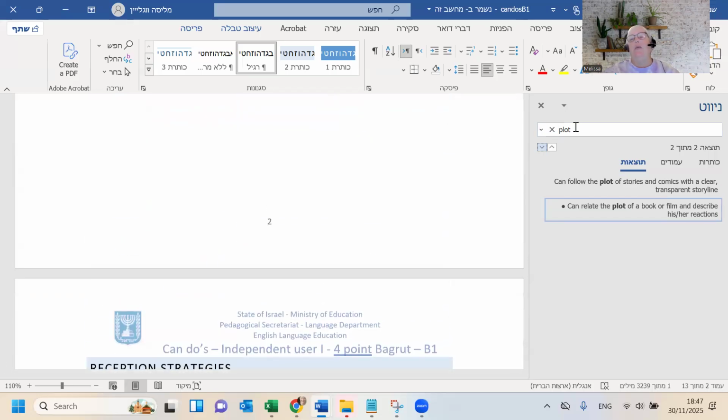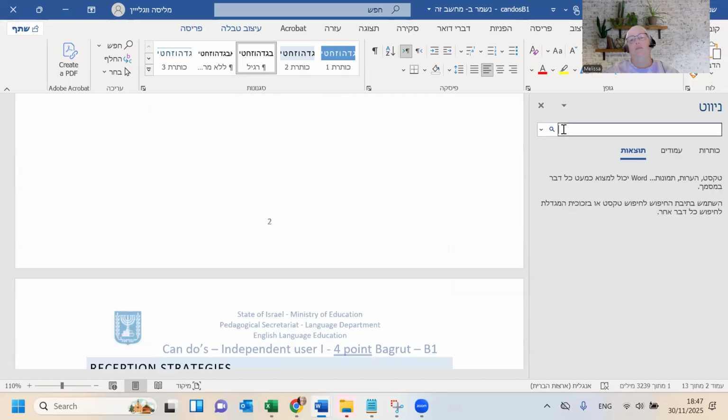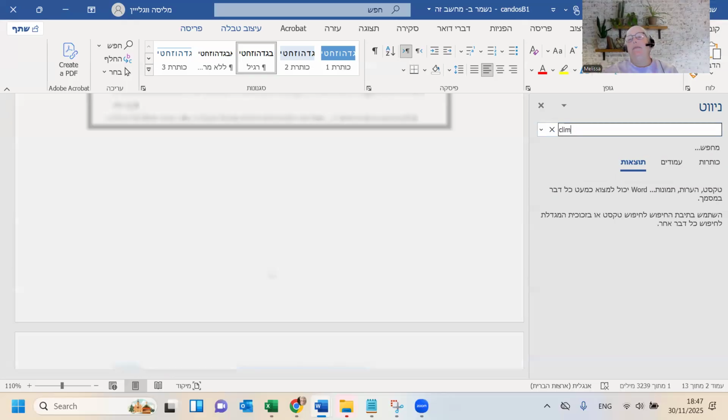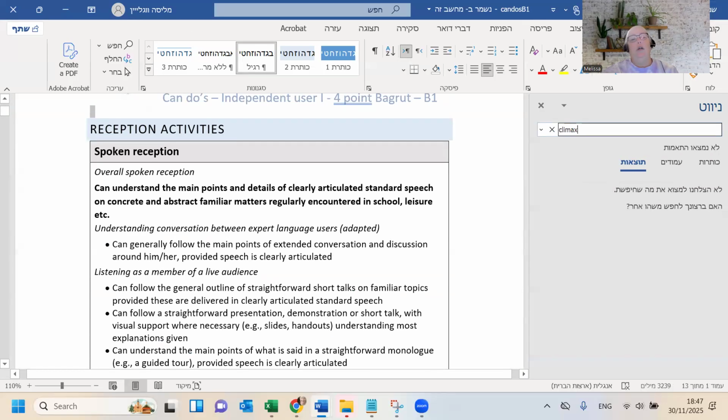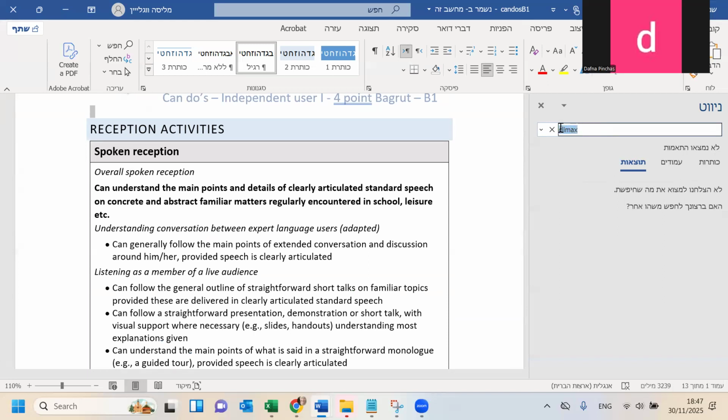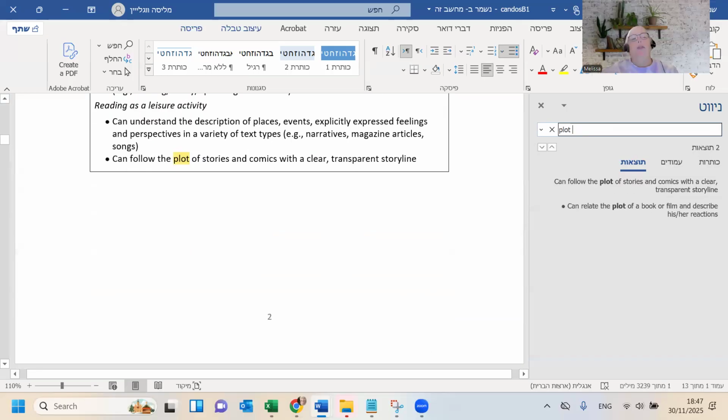Okay, so those are the two that we found in the specific. Does somebody else want to give me another word to search for? A skill that you would want them to show? Let's talk about climax. I just typed it in, so let's see. Climax, not giving me anything. Okay. Let's maybe try plot structure. Oh, I already did plot. Oh, right. Okay. Resolution.